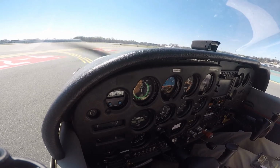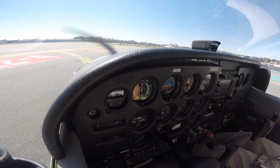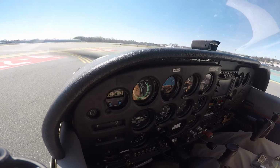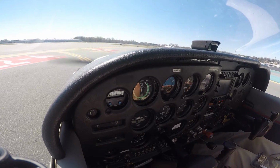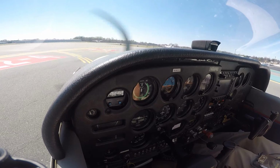Be my first long flight. 17 Foxtrot, contact range. This first cross country? Yep. Flew to Shiloh before, and I think I flew to Rockingham. That was it. All right, well, we'll get some good cross-country stuff in today. I haven't really flown this far away yet. It's not too bad, but